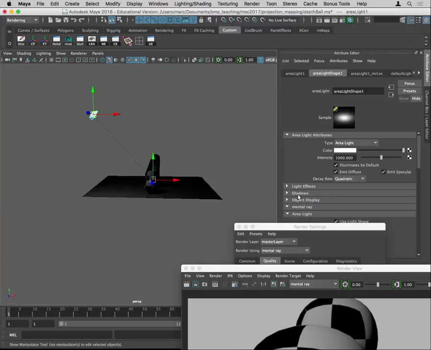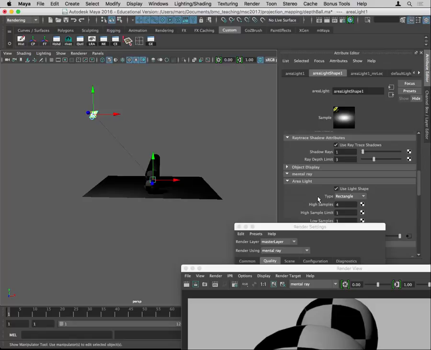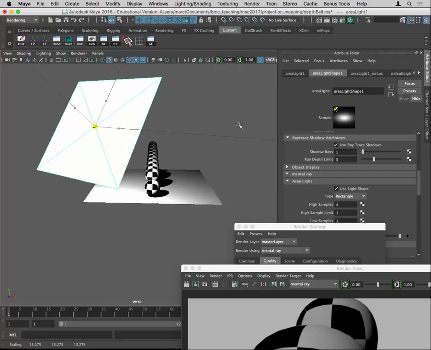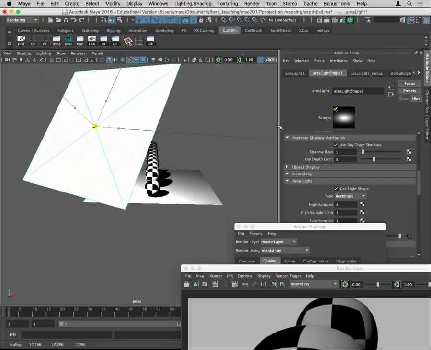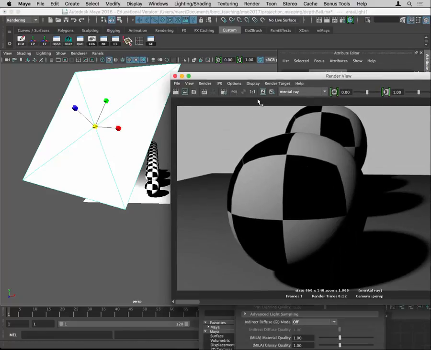You can go into the shadows here, and you can change the shadow rays. There's no light radius because its radius is determined by the size you make it. So if I just scale this up, you can see the lighting conditions are changing. So if I render this again, now with this giant light,